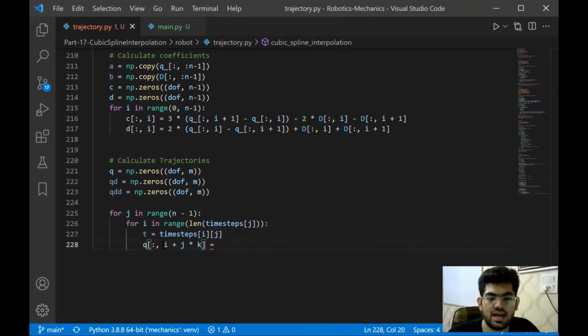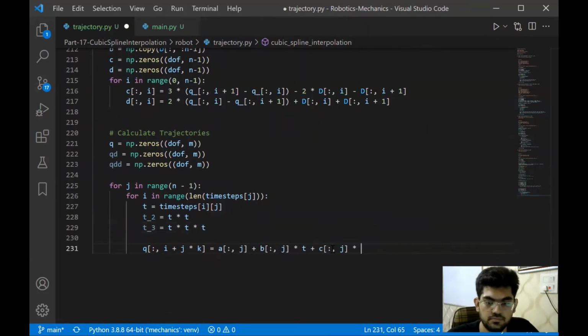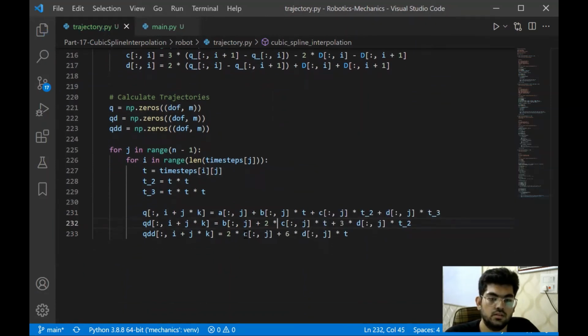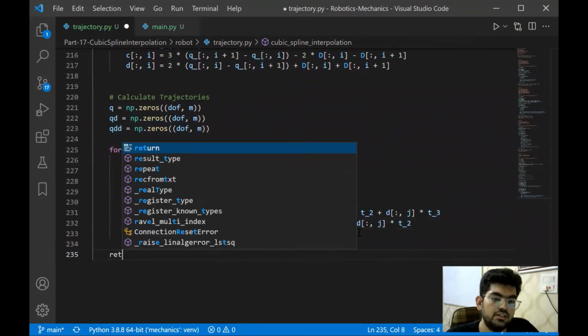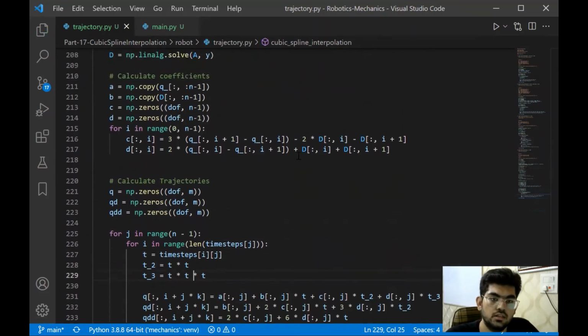It is a simple addition plus multiplication. In order to make it slightly more clear, we can print the values of ijk to see how the values are working. But first, let's just continue, and then we will evaluate it. Okay, and then we are going to return the Q, QD and QDD. As simple as that.